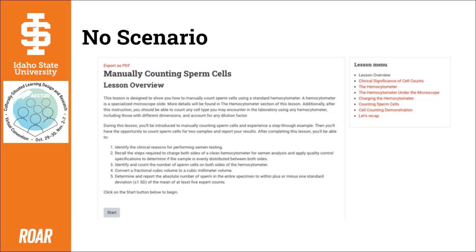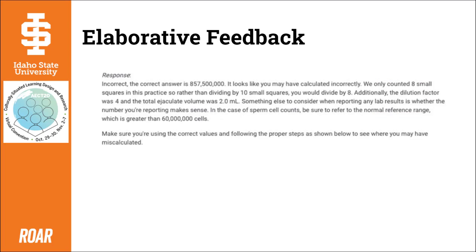All 4 treatments contained the same information, but it was presented differently based on the scenario level, present or not. One of the 2 feedback types was elaborative, as shown here. It informed learners of whether their answers were correct or incorrect, and also included some guidance on where they might have gone wrong and how to rectify that mistake. Elaborative feedback was presented without any context of the medical lab.